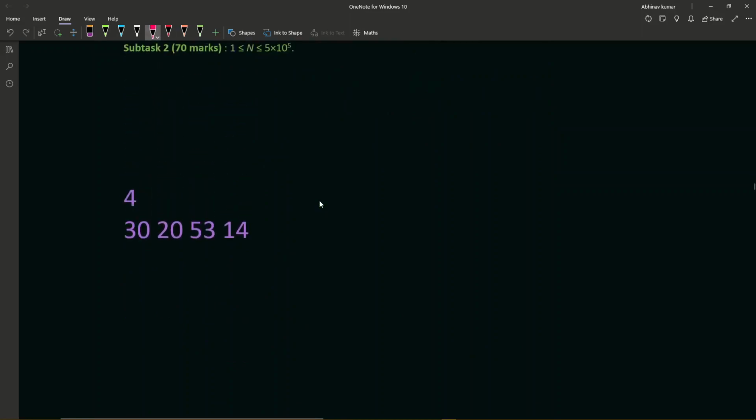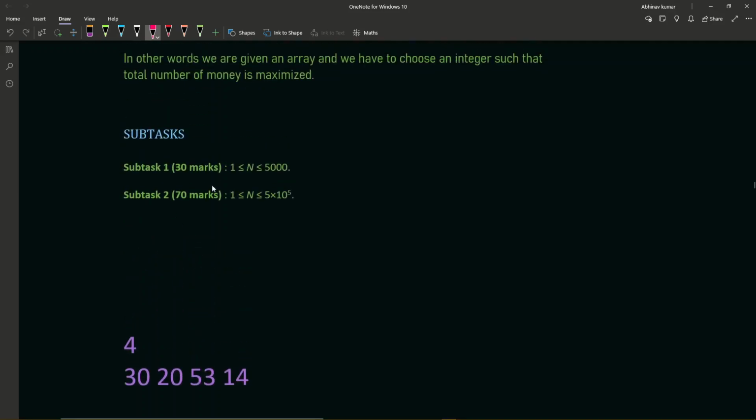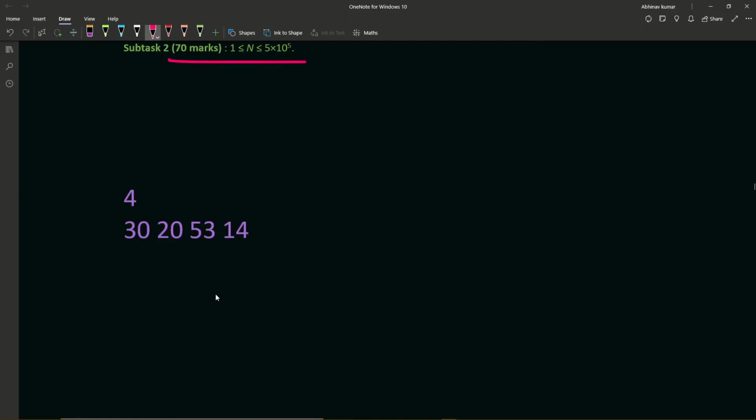So now it's time to discuss our example of the problem. So this is our first example which we are given. Let me tell you first how to solve the first subtask for 30 marks, and you can skip this. There might be a time lapse. You can skip this if you want to go to the main solution. But first I'm going to show how you can get 30 marks using the n square time solution.